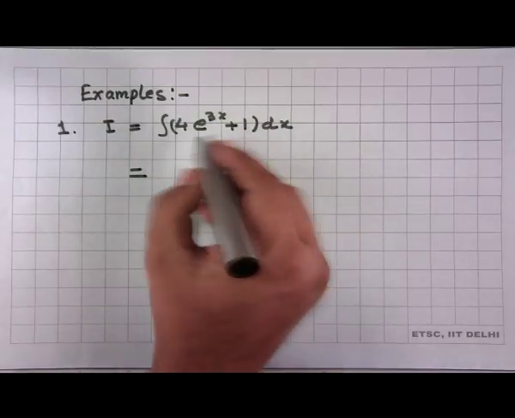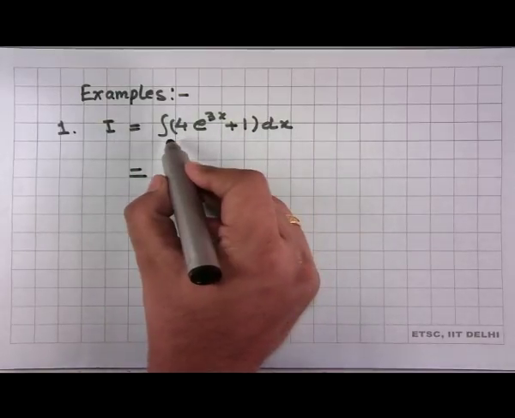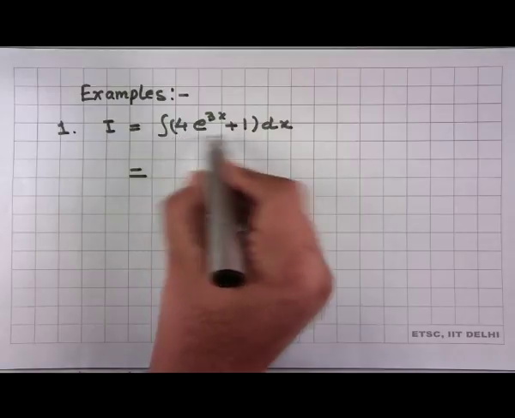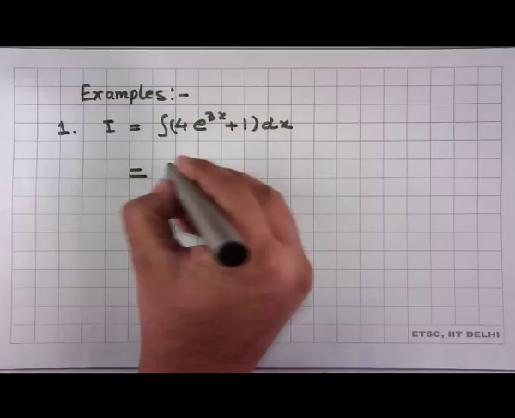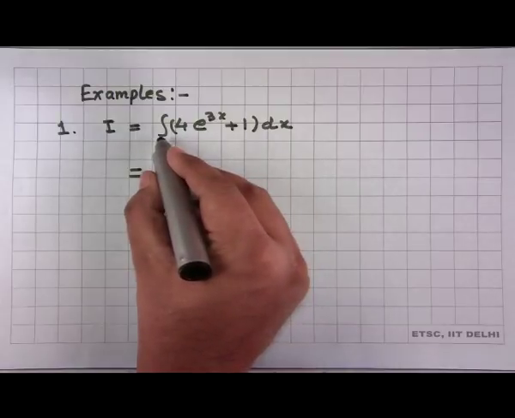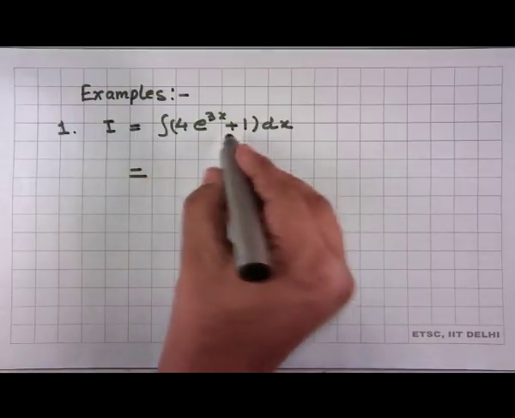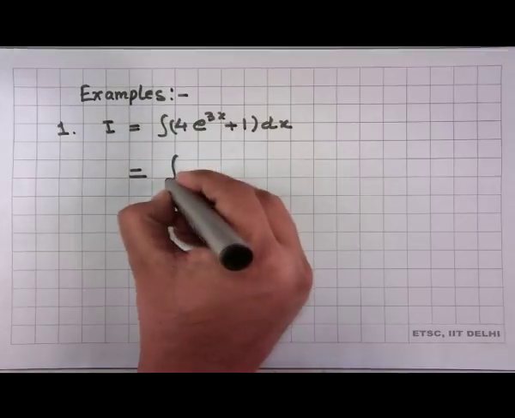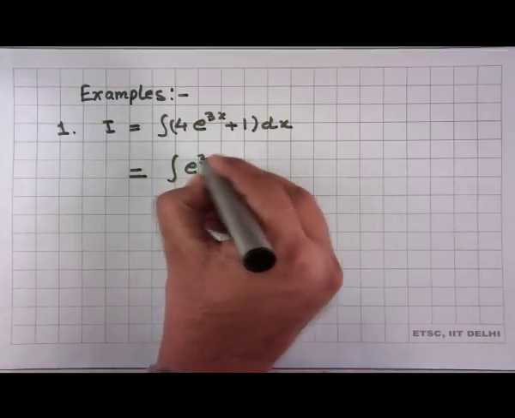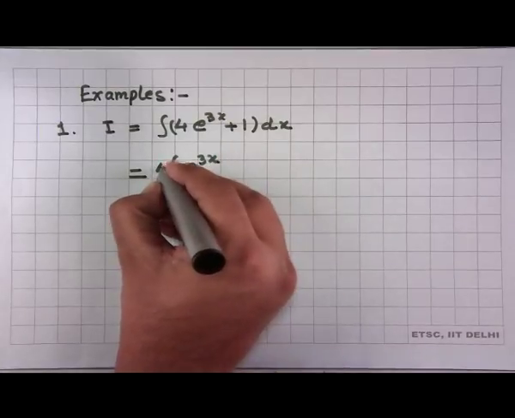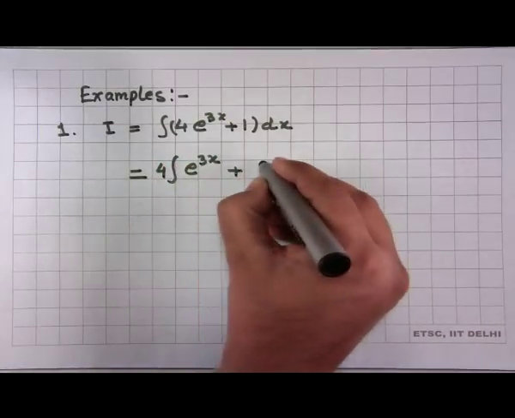If you look at this integral, first of all it is a sum of two functions, and therefore we use the distributive property of the integral over summation and write it in this form: integral of e raised to power 3x, taking the constant 4 outside, plus the second integral